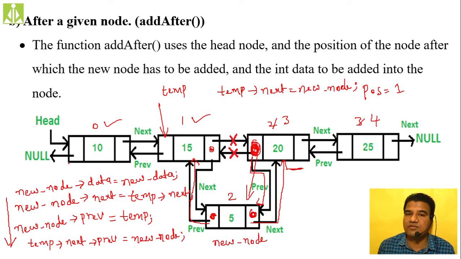With these many statements, what will happen? You have to analyze each and everything, what exactly we are doing, and understand it. So the final statement I'm writing is temp of next equals to new node. In between, when we are writing all these statements, we test whether the head pointer is null or whether we have exceeded the position value. All those things we will cross check, so we'll take the decisions accordingly when we narrate the code. So quickly, let me just start the coding.